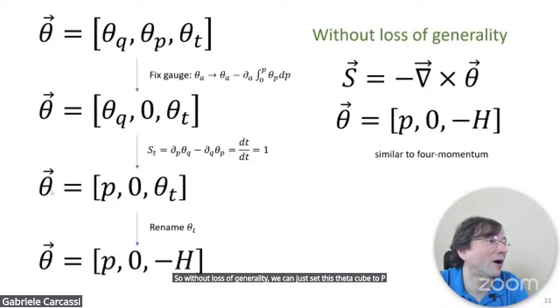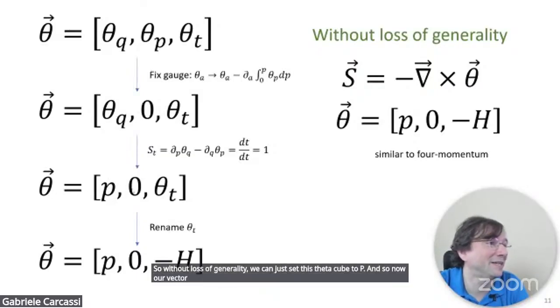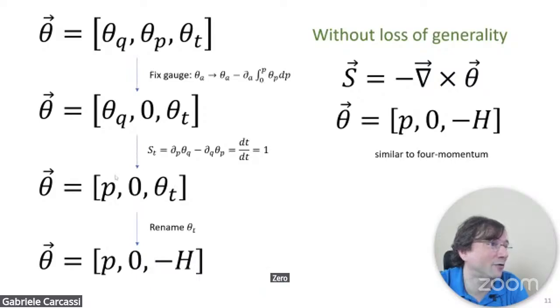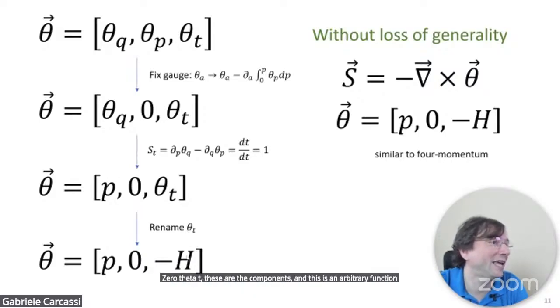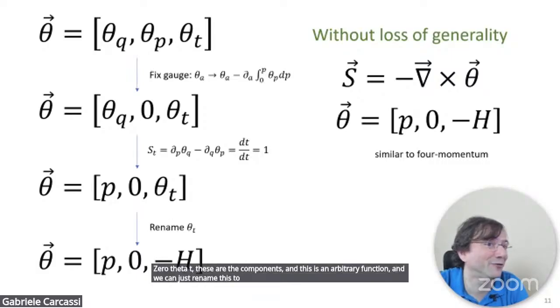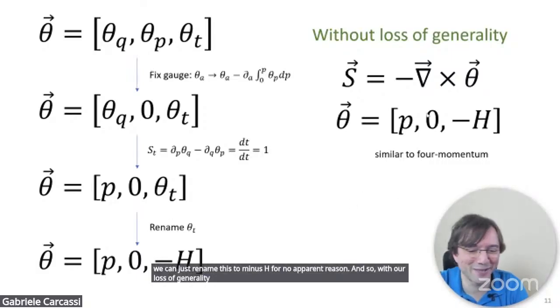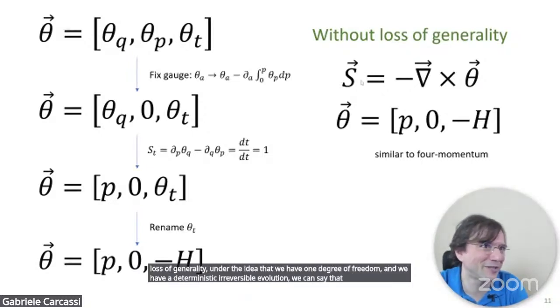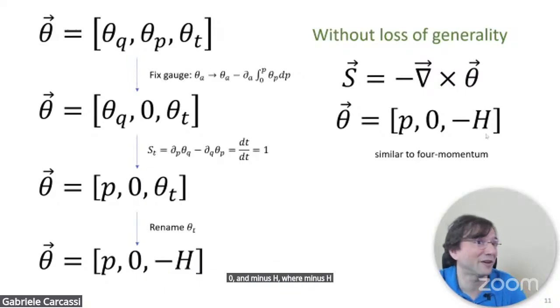And so now our vector potential is p, 0, theta t. These are the components. And this is an arbitrary function. And we can just rename this to minus h for no apparent reason. And so without loss of generality, under the idea that we have 1 degree of freedom and we have a deterministic reversible evolution, we can say that the displacement field is minus the curl of the vector potential, and the vector potential has components p, 0, and minus h, where minus h is an arbitrary function of position, momentum